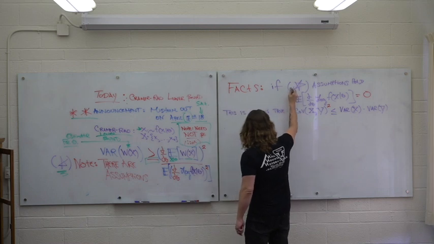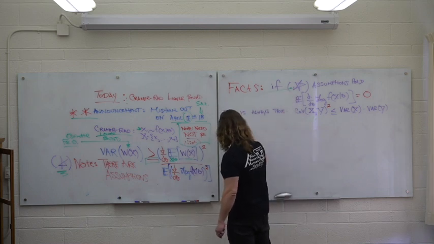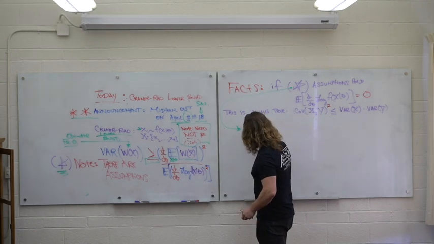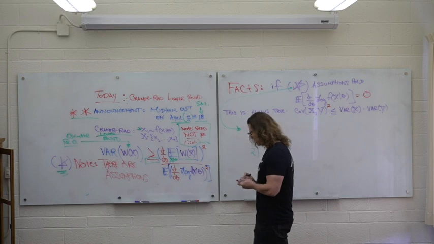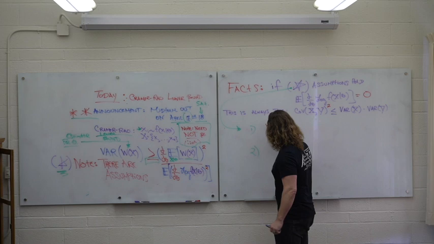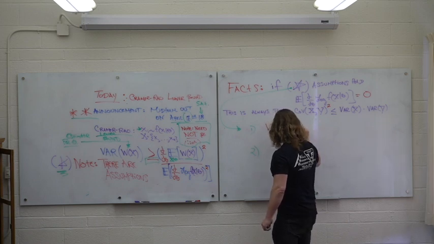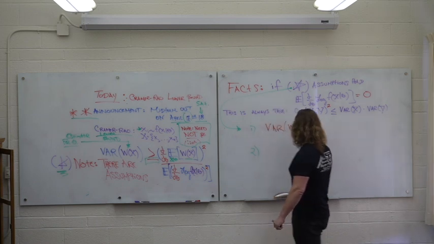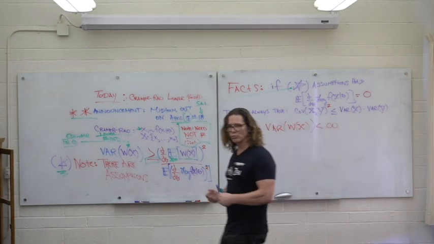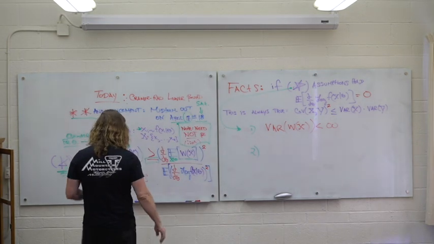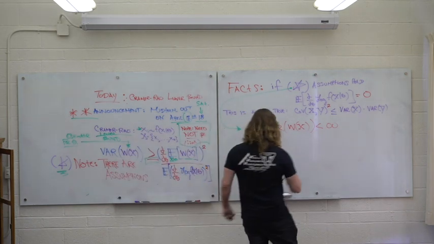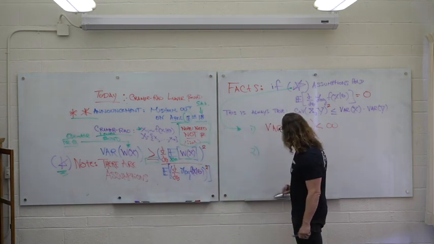So these assumptions here. It's pretty simple. So assumption 1, assumption 2. You write down the obvious assumption first. The variance of my estimator is finite. So it exists. That's the obvious one. I want to think about something that actually exists in the first place. Okay. Obvious, but important to state.